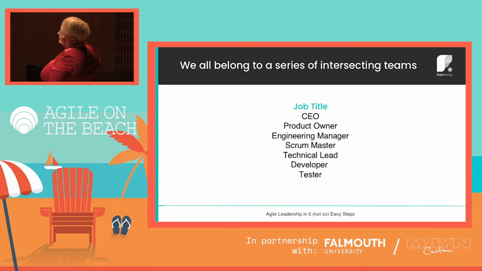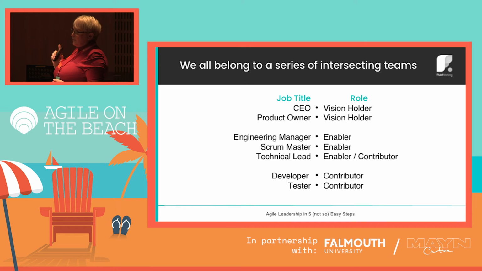So here's a load of job titles. It's not an exhaustive list, obviously, but they're really obvious job titles. And what I want to do is sort of say on any team, whether that's your home team, Team Lisowski, or whether that's your team of Scrum Masters, or whether that's your team of board members, or whatever team you are on, I think there are only 3 roles, and you play those 3 roles. So there's a vision holder, an enabler, and a contributor. Now, I may have not got this completely right, but to me, you're one of those 3 things.